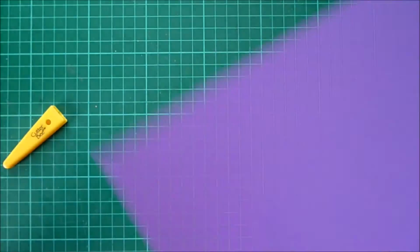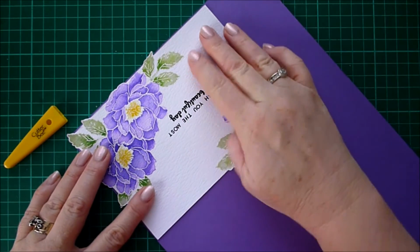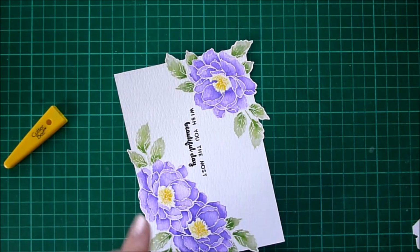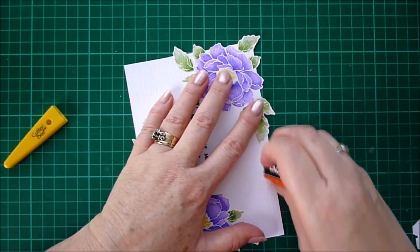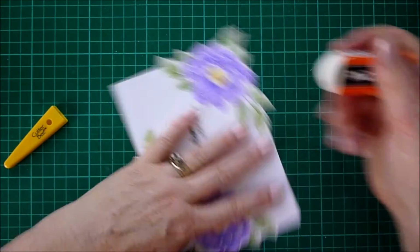I'm going to put a fine frame behind the cut piece now with some violet coloured card that matches the ink I've used for the flowers. So I'm just going to trim that down so there's just a little bit poking out behind the cut part. Stick that down with some double-sided tape, and then double-sided tape onto the back of that and onto a black